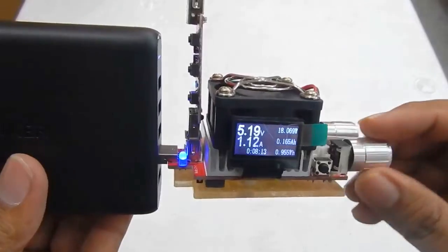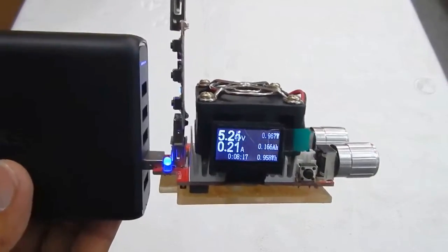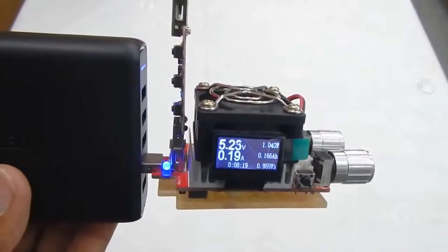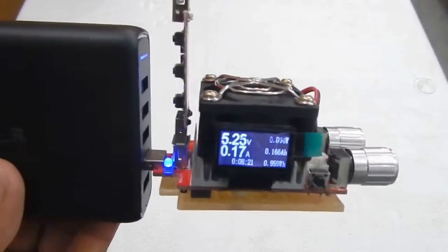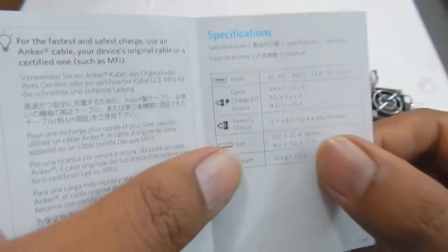So let's connect our charger to one of the fast charging ports, and let's see whether it does support Qualcomm 2.0 fast charging or not. Now if we take a look at the manual itself, you can see,